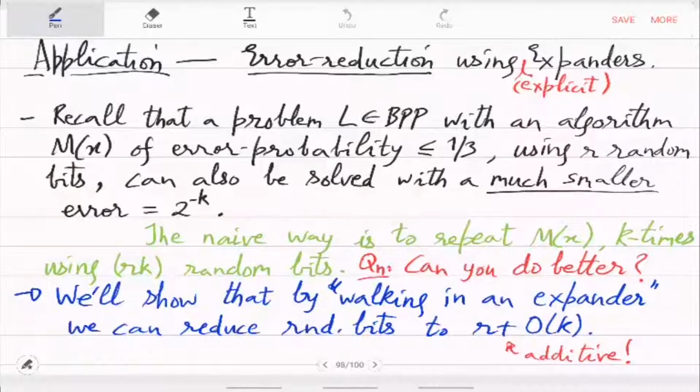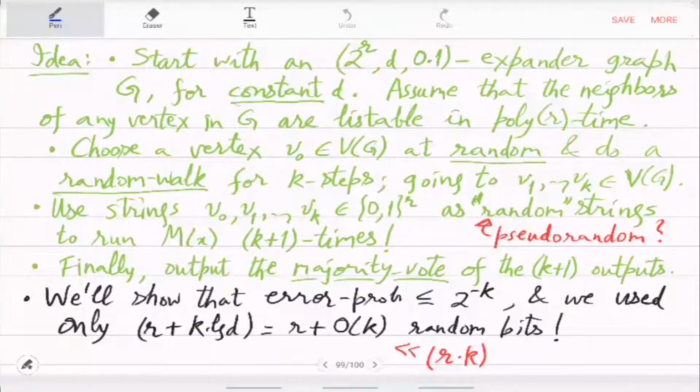So the way this is done is, we will start with a very large expander graph, which will be very explicit. Okay, so for any vertex, the vertex label is r bits, which you can think of as the random string supplied to your randomized algorithm. But there are d neighbors only. Okay, think of d as 3. So there are d neighbors, which means that you can do a random walk easily on this once you know the neighbors. Okay, that's the explicitness condition, and the spectral gap you assume is larger than 0.1.